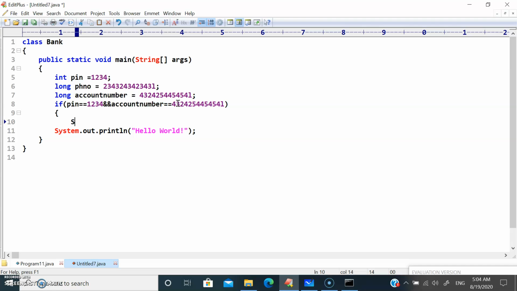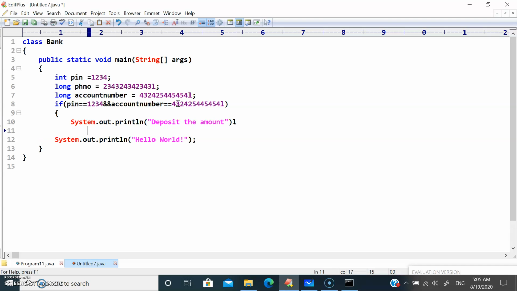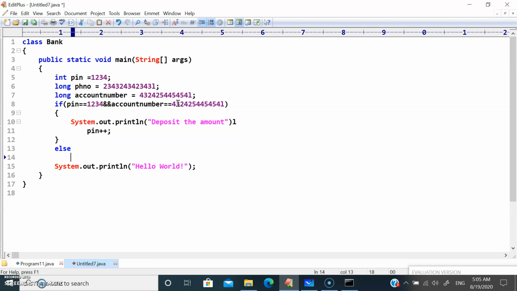If this is satisfied, what I'm going to do is System.out.println deposit the amount. Then I'm going to increment the pin value, pin plus plus. Else, what I'm going to do is System.out.println wrong account.